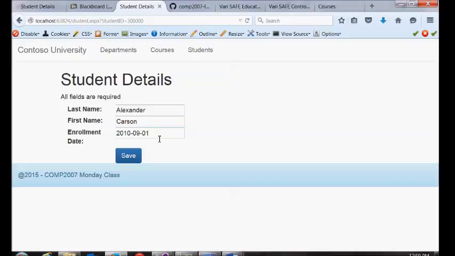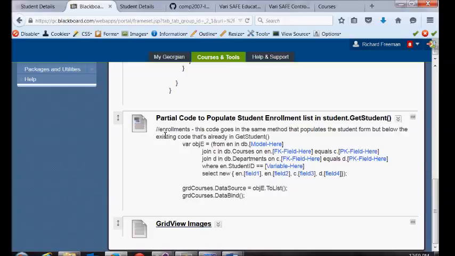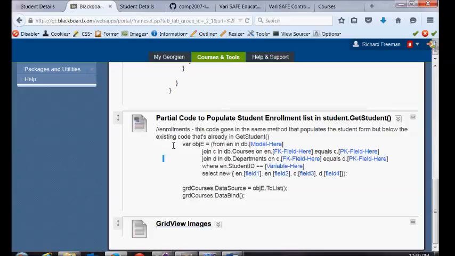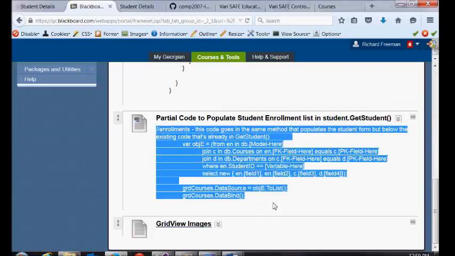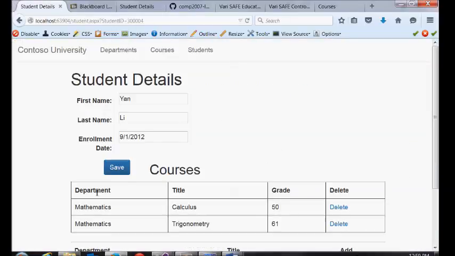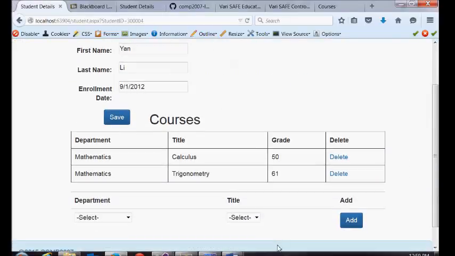But now at the bottom of our get student method, there's this new code that should get added, and again, I've given you some of it, but I haven't given you all of it. So I want you to take the code that's here, put a grid view on. Here's what the grid view should look like, so you can see the columns in the grid view. So you have to put an ASP grid view, call it GRD courses, put it on your student.aspx page,